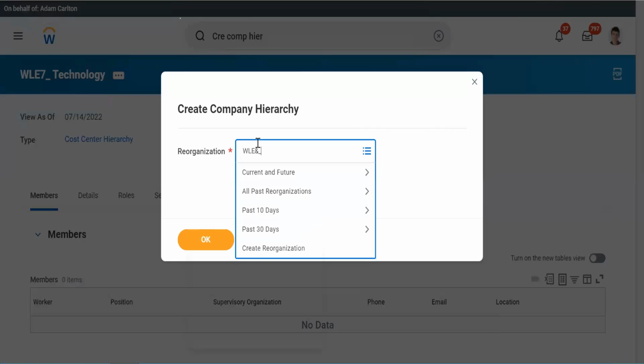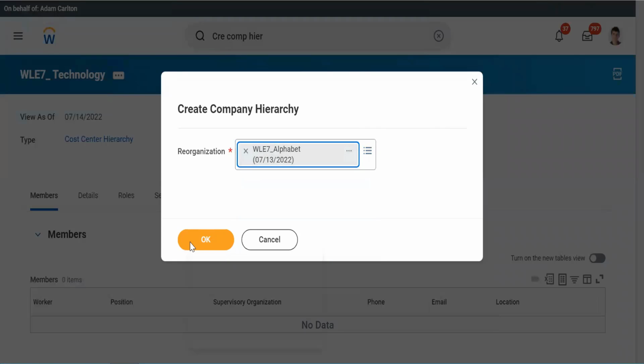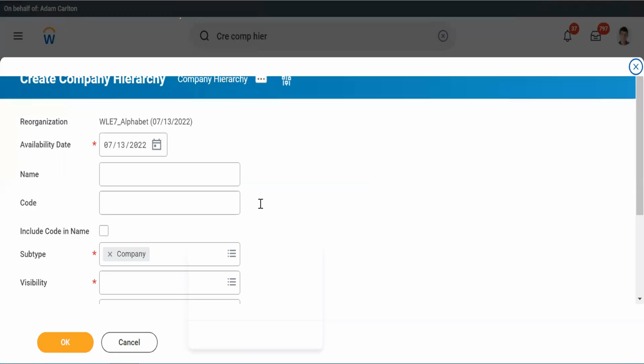Let's now do it. Oh, Alphabet. This is my reorganization. So I have a company named Alphabet Inc. I don't know why it is not moving ahead. So we'll start with Alphabet Inc. Public Limited.